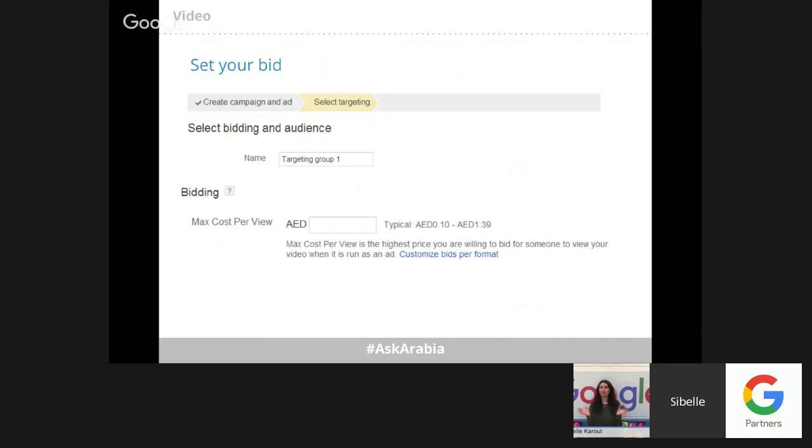Also, you can make it even more narrow and combine both targeting methods in a way that you say, I only want to target people that are into fashion and are typing in the word shoes. So keyword and topic targeting, or keyword and interest targeting together, and so the ad will only appear to that type or portfolio of people.